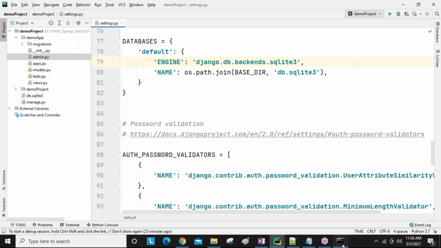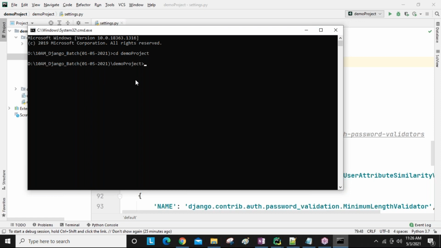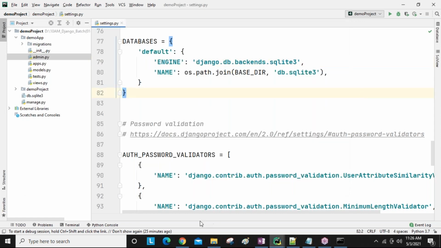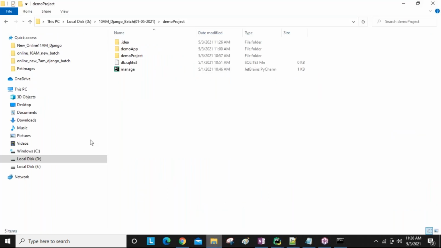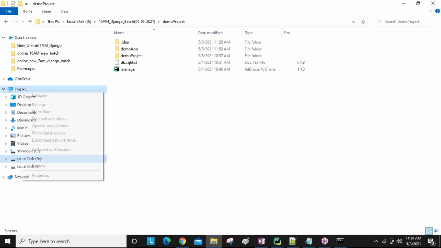In the next session. Here, sometimes we get an error: Python is not recognized as an internal or external command. If you want to solve those kinds of errors, we need to add the Python interpreter locations, guys. So after installing Python, for example in the system,